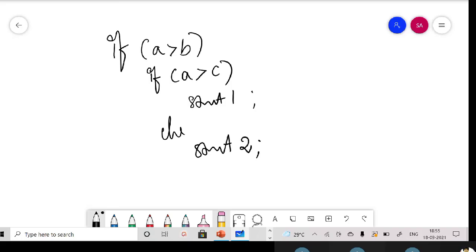So in this case, what is your opinion? Does this particular else belong to this if, or does it belong to the first if? What do you think? If A greater than C, that else belongs to the second if, right?